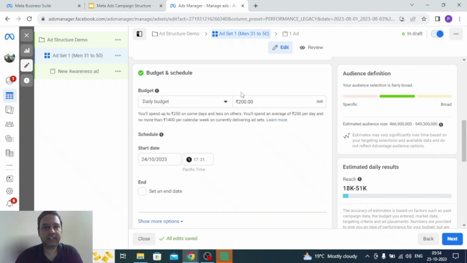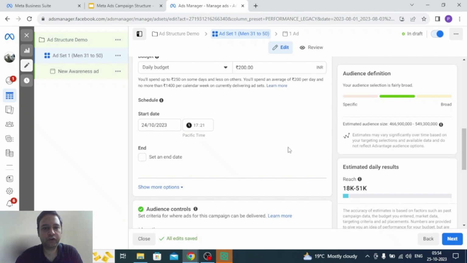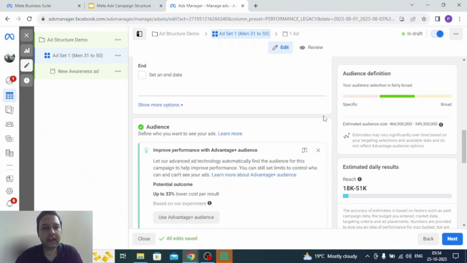Then the next step, again, as we discussed, is to select our budget for the campaign. So I'm keeping it as is. Again, you can change it as per your requirement. The start date and end date for your campaign can be selected here. And the next step is